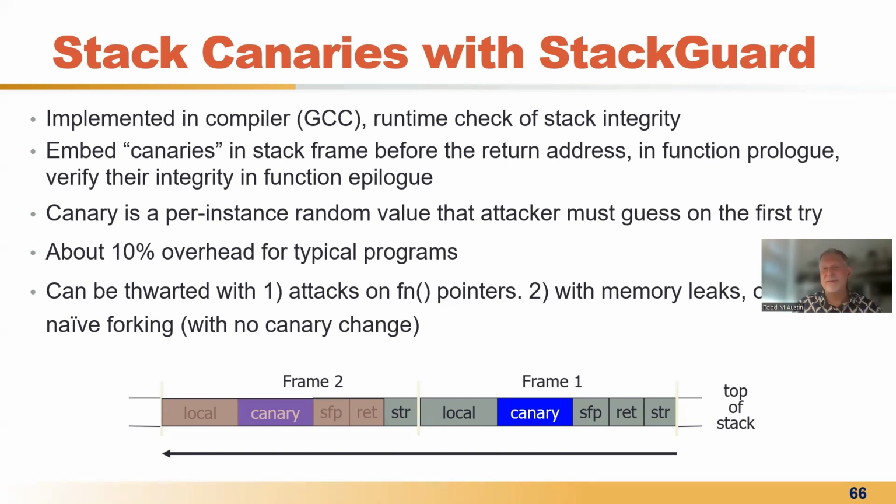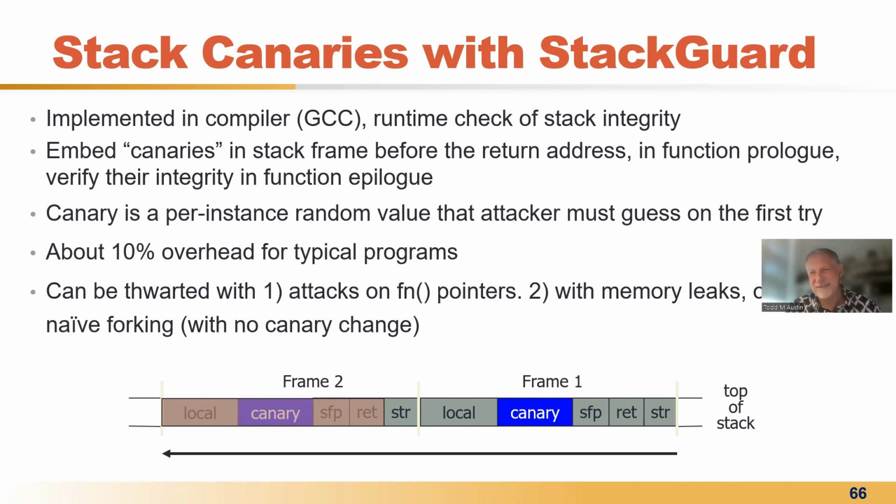They would write a 0, then they would write a 1, and they would wait until the server didn't crash. And it's only 256 things they have to try. Eventually, it doesn't crash. Now we know the first byte of the canary. Now I write that byte, and then I write the second byte of the canary, and I wait to see